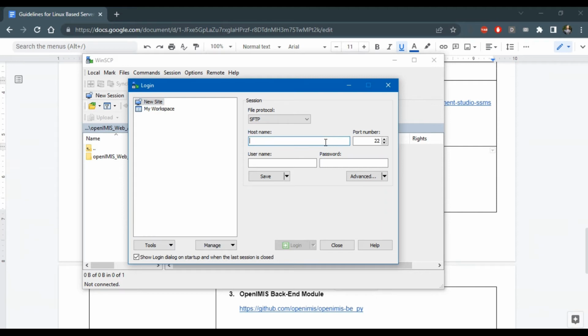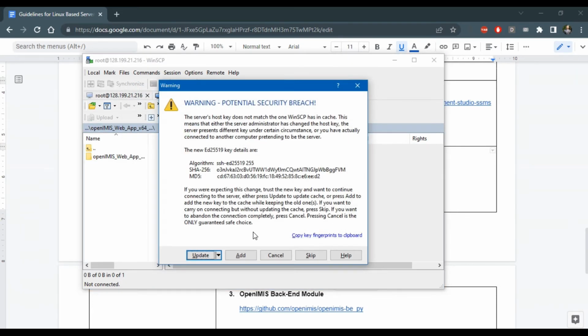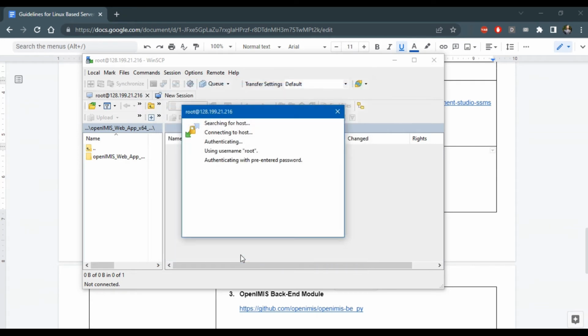Enter the host name, which is the same IP address that you've been given. The port number it uses is also 22, so let's leave it on default. The username is the name of the user. I have the admin privilege, I have the root privilege, so I'm using the root user, and provide the password. You can just add it,